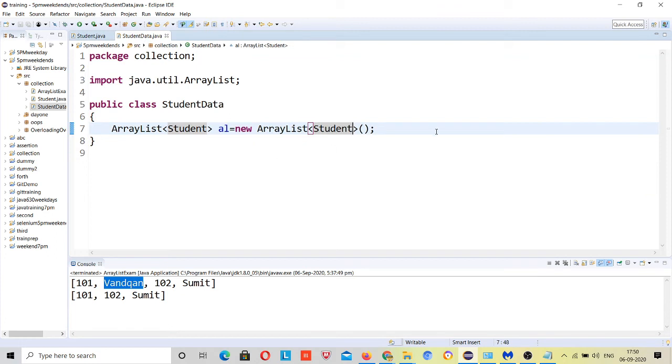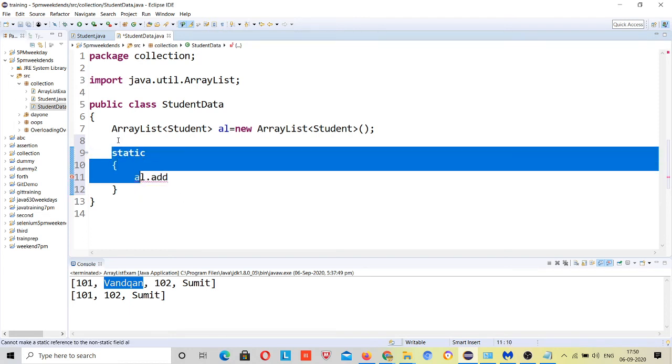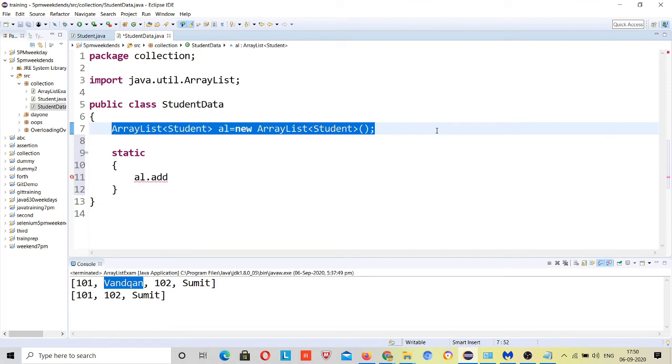Now you want some students already present in your school. Just add those students inside a static block. But if I try to add here, dot add, see the error: cannot make static reference to a non-static field. Actually this block is static. Either you have to define this ArrayList inside it,